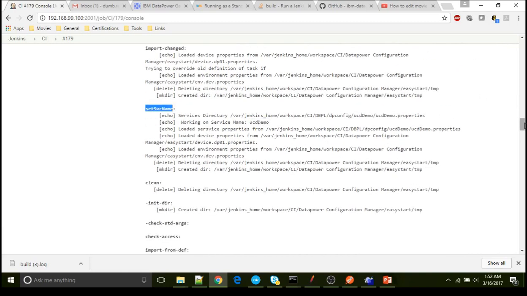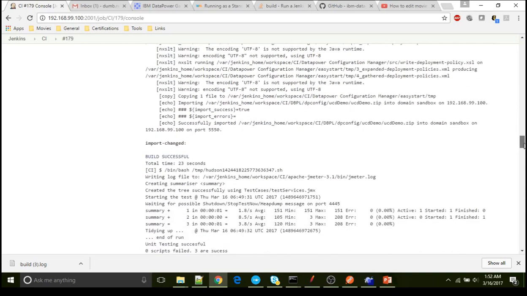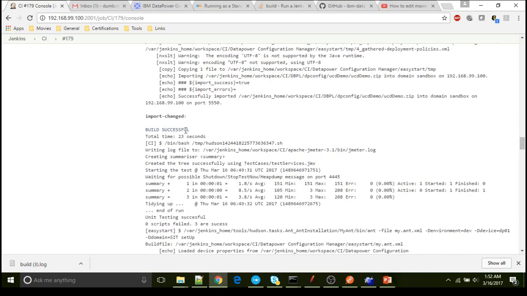After this the build should have completed. Let us see the status of the build. So if you see, build is successful. Then it triggers the next JMeter file, test.jservices.jmx. And if you see, there are three test cases: test case 1, test case 2, test case 3, and you can see the average time.